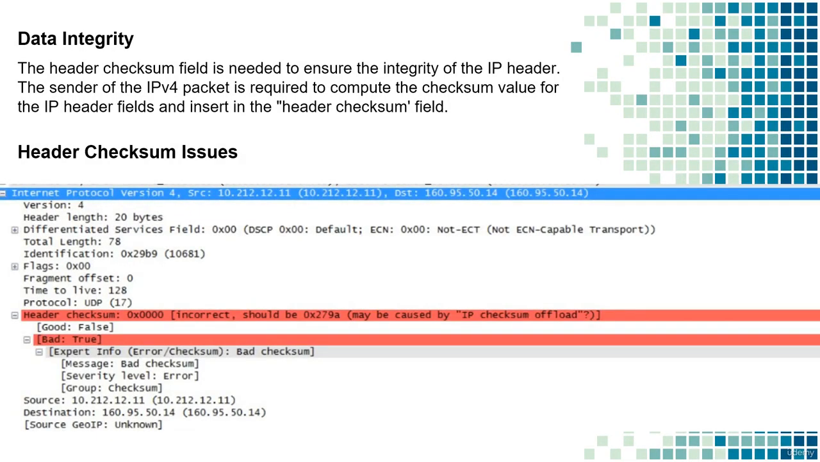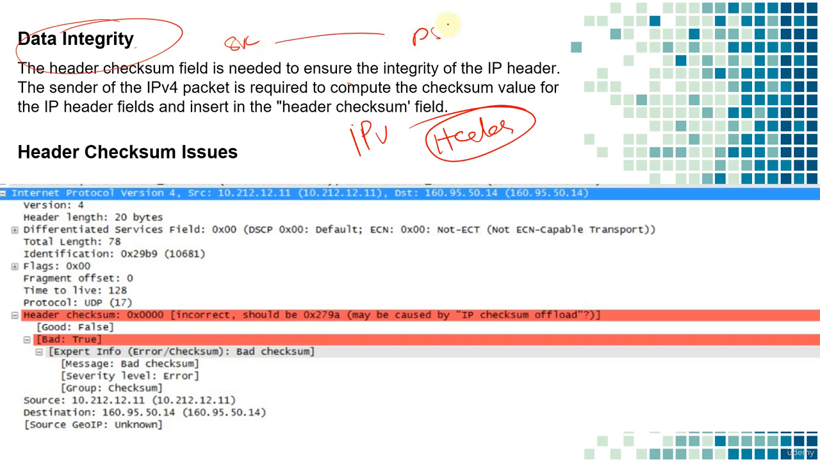So from the perspective of cybersecurity and network security, as you can see, the IPv4 header can be compromised. We have already talked about data integrity. It means that if the packet is sent from the source to the destination, the chances are that in between somebody could manipulate this IPv4